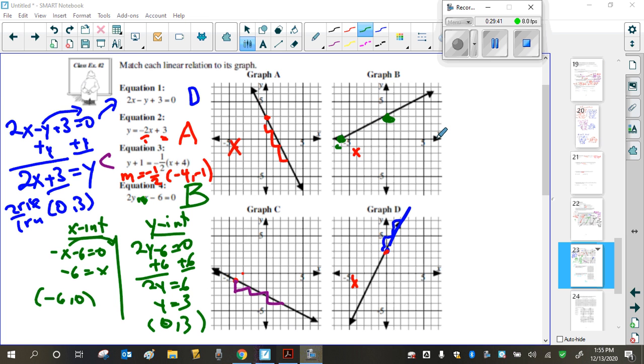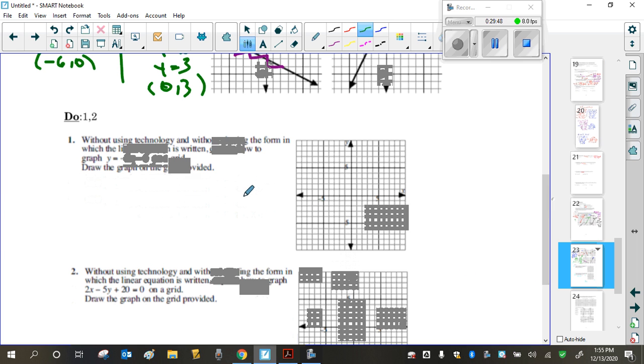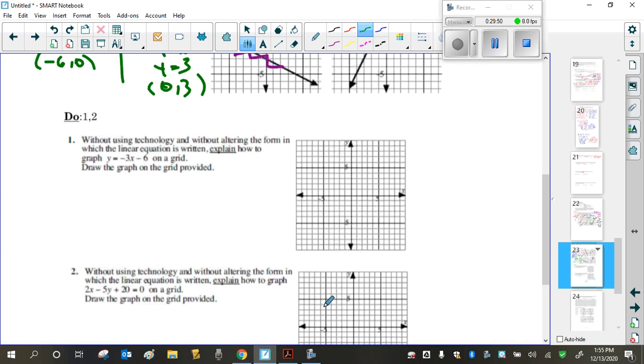Okay, your turn. Now I don't think we've had enough practice with XY intercept, slope-intercept form and XY intercepts, graphing these. And I just did a couple each. So let's go to the next page